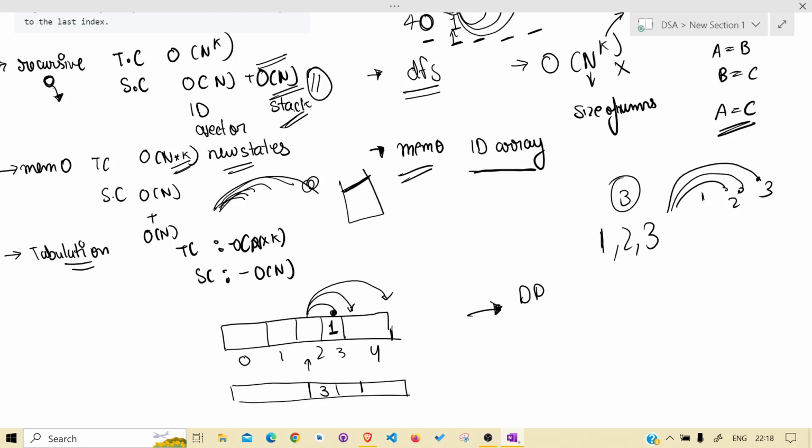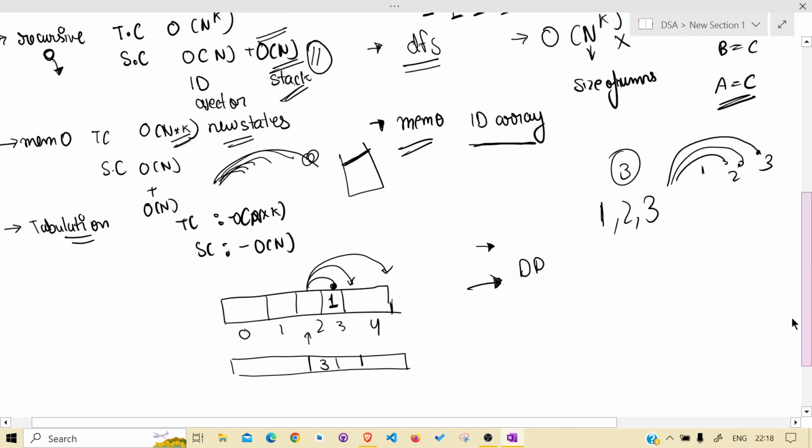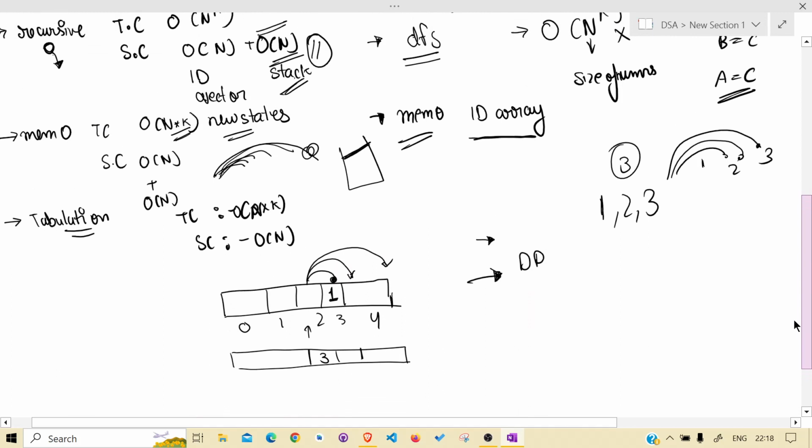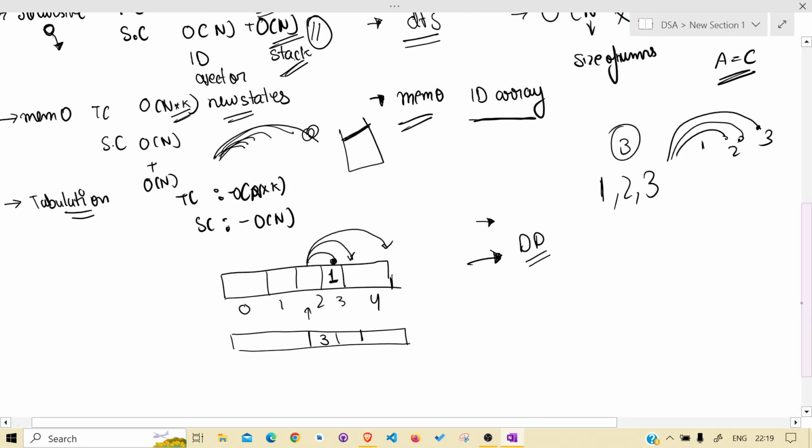And there are further DP questions. You must be thinking why I didn't tell at the very beginning, if you are watching my videos, that I usually tell what algorithm or data structure we are using. I didn't tell because there would be no suspense and you would not get the intuition of how recursion goes to memoization then tabulation. If I say DP now, you will just do DP, and that's why the last approach is